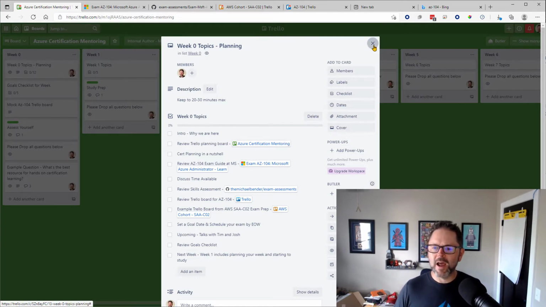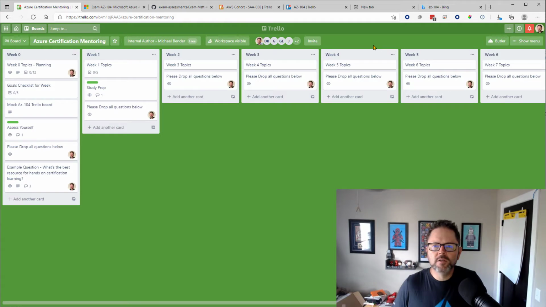So we all know why we're here. We're here because we want to learn. We want to learn about the cloud, and in particular, we want to learn about Azure. And in this case, we're going to be really focused on AZ 104. But the important thing to understand about the path that we're going on over the next couple months is we're really building a framework for learning. And this is really designed as a way for you to learn how to plan, prepare, execute,